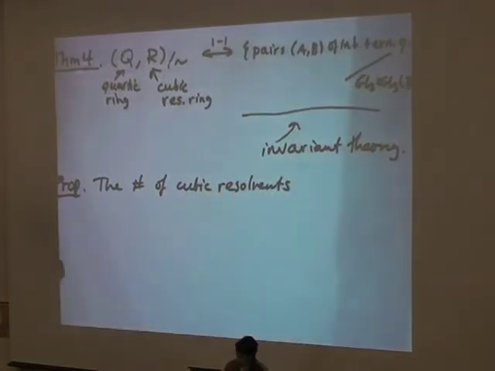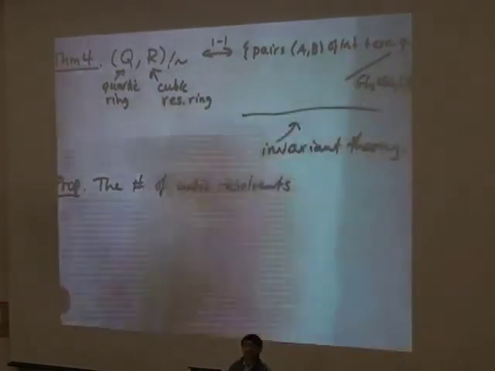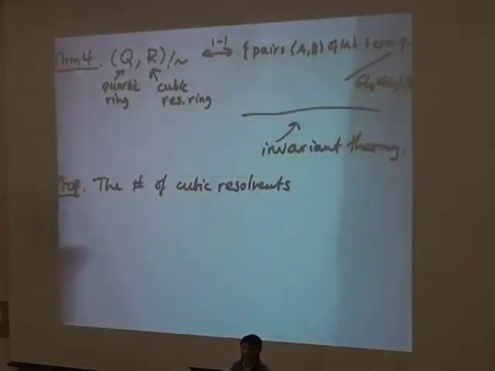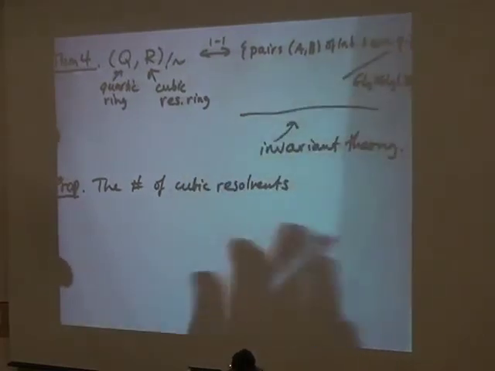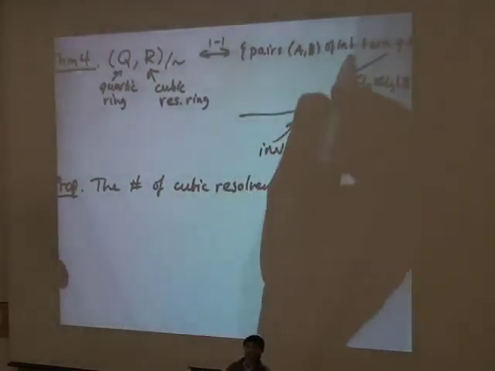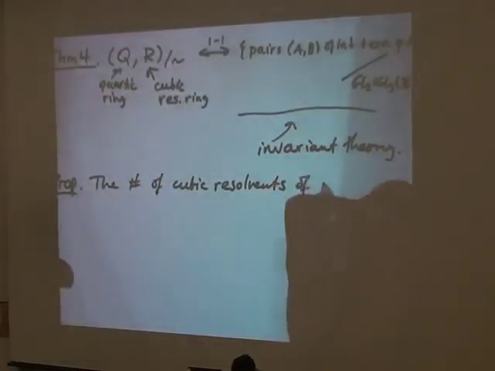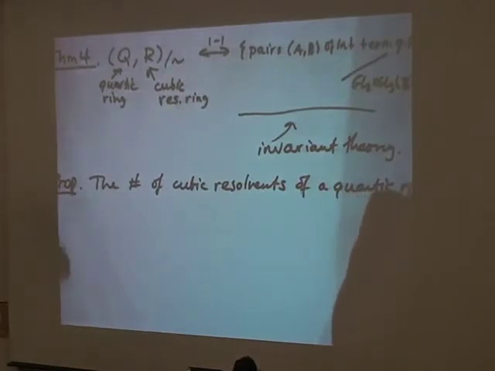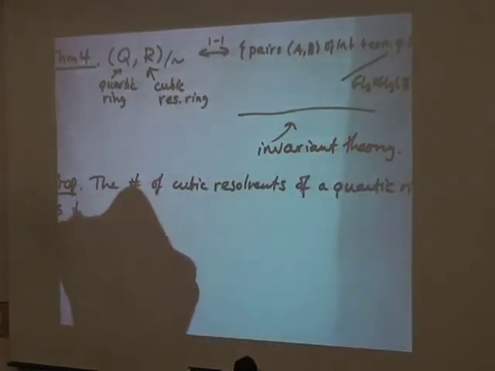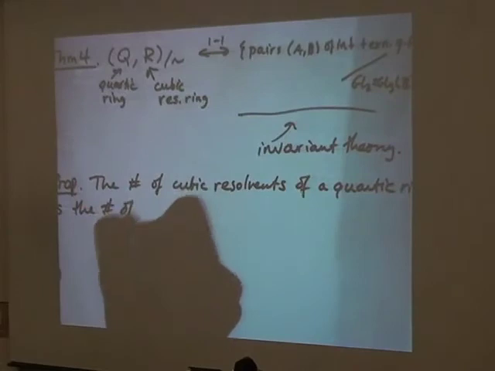and there's an analogous computation you can do in the binary cubic case. You can find the number of quadratic resolvents in the same kind of way, by invariant theory, where you always get one. Okay, but that's something we knew already. I had to do that first just to understand that you could use this side. Okay, so the number of cubic resolvents of a quartic ring is equal to the number of index